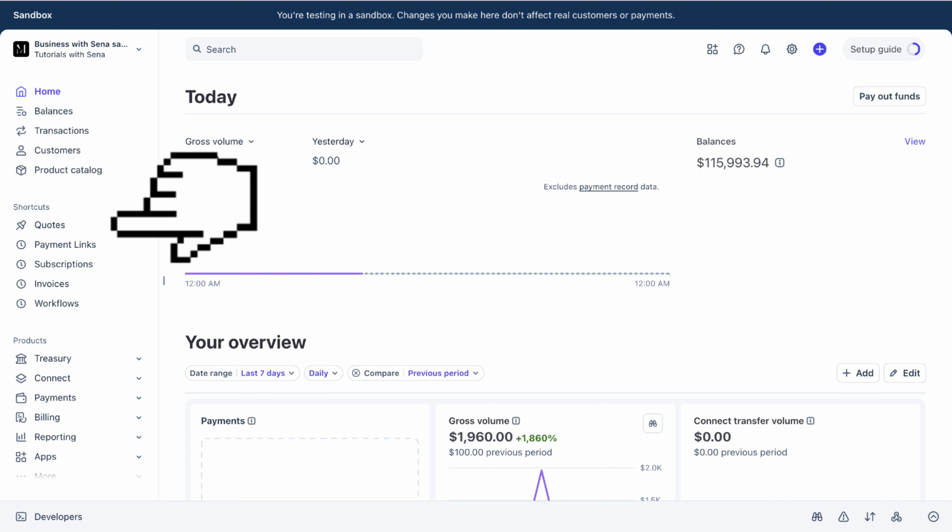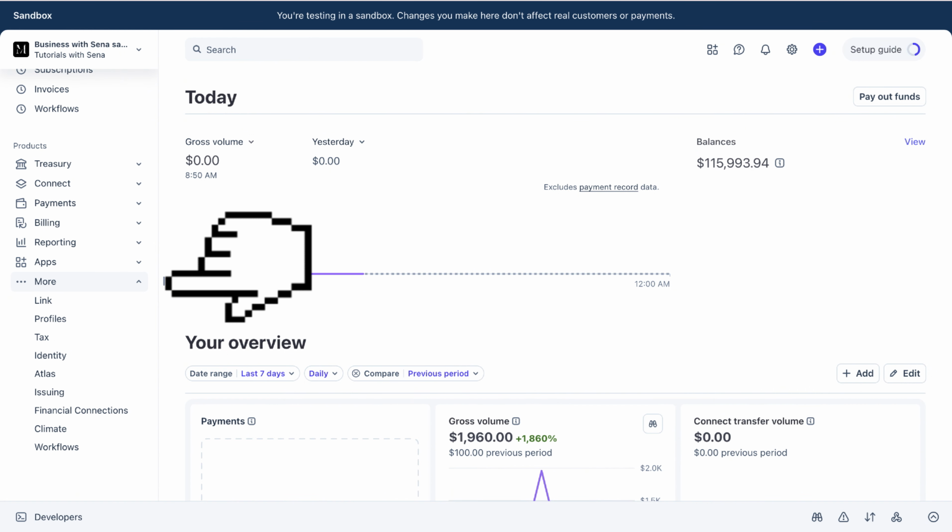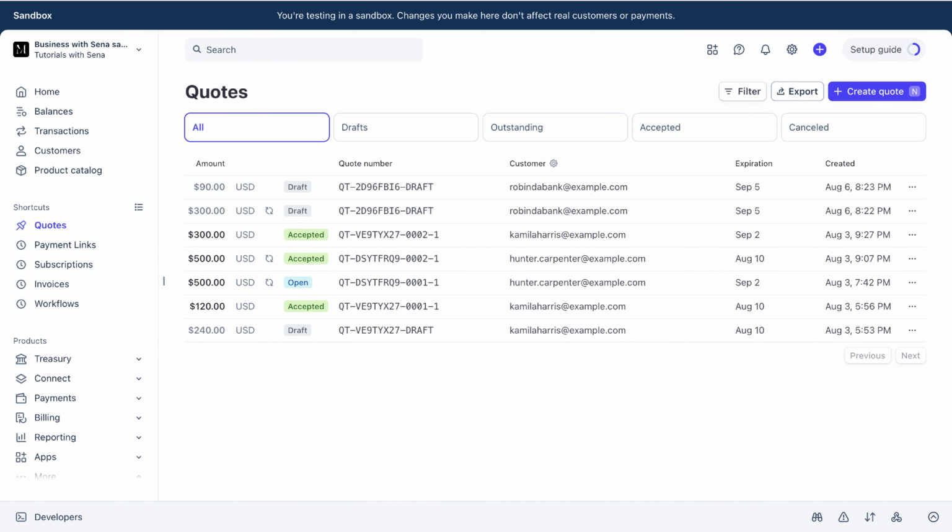You want to open up the quotes list on your Stripe account by clicking on the quotes under the shortcuts, or through the More option around the bottom left corner of the screen, where you can find the quotes option. You will then see the quotes list on your Stripe account, and you want to click on the export button